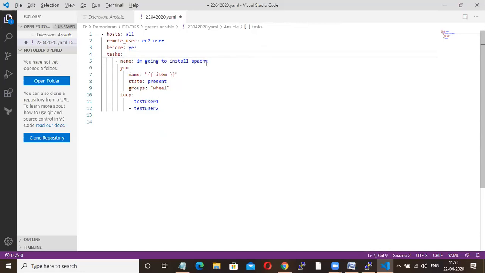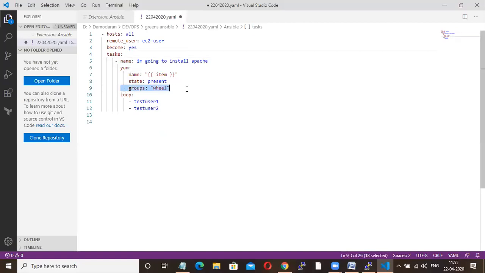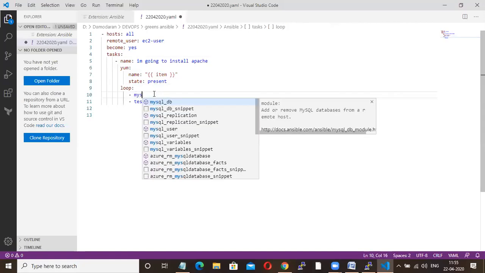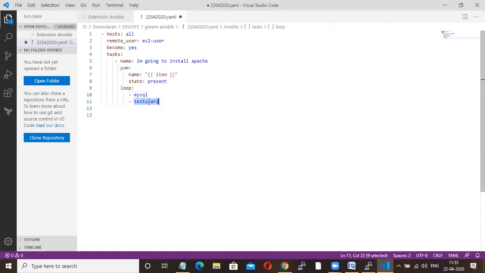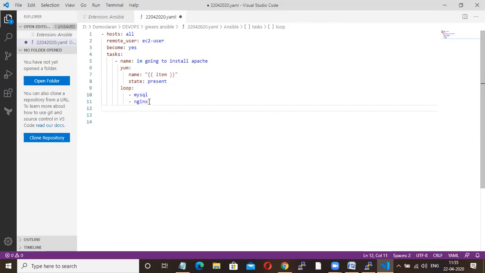As they have given for user, they are using groups, so we don't require groups, so removing it. Then here, MySQL, Nginx, then PHP. That's it. Control A, Control C.